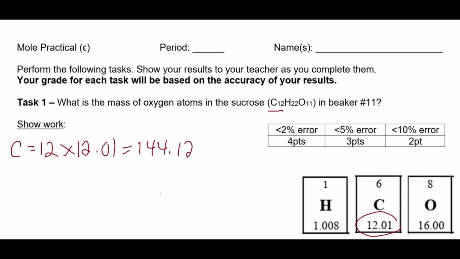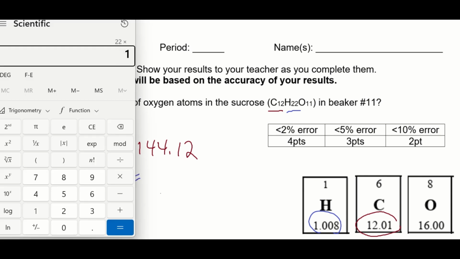144.12. Now for the hydrogen component, there's 22 hydrogen atoms in a molecule of sucrose, and each hydrogen has a mass of 1.008, 22.176, so 22.18,